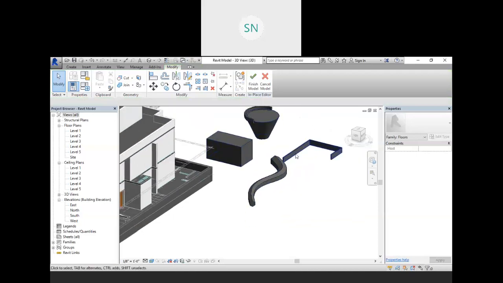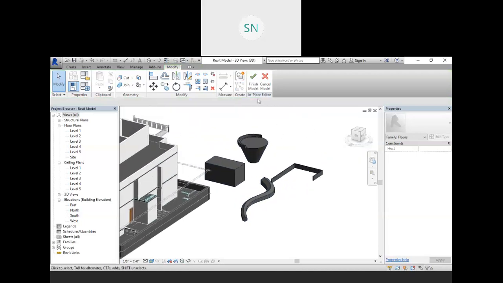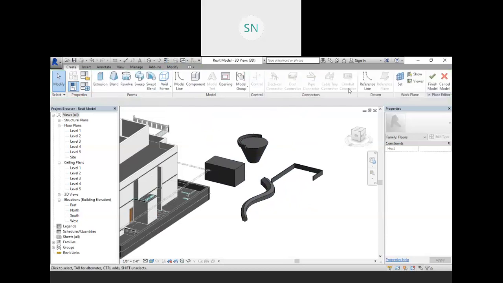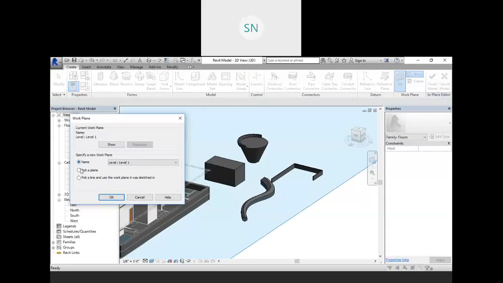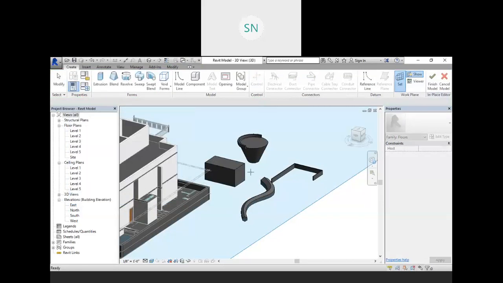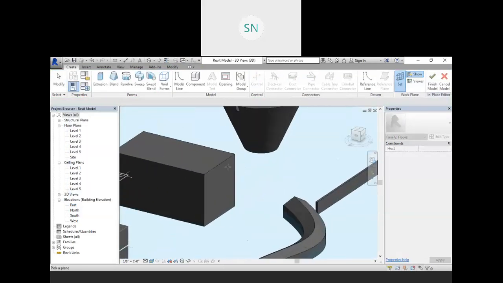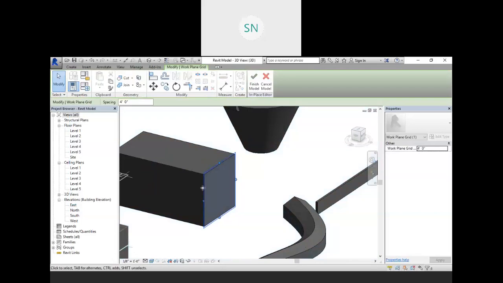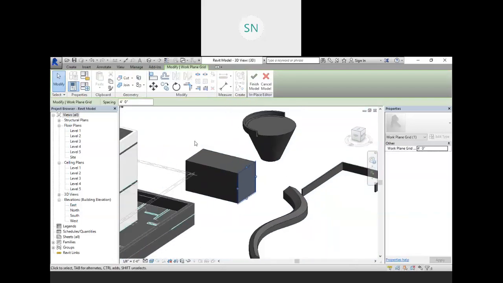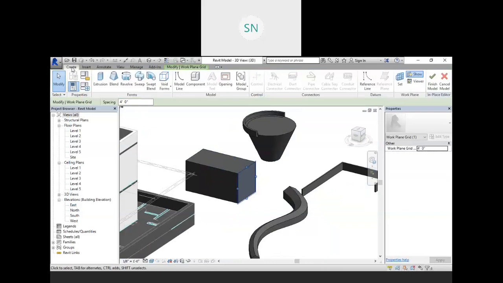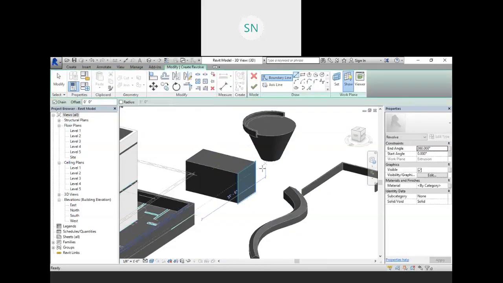So let me choose our plane first. Go to the create and set your plane vertical. So click on show and set your plane. Pick option, okay, and I want to set my plane on this face, right? So this is my plane. And now go to the create. Here click on the revolve, and we need to sketch on this face, so I'm choosing this view